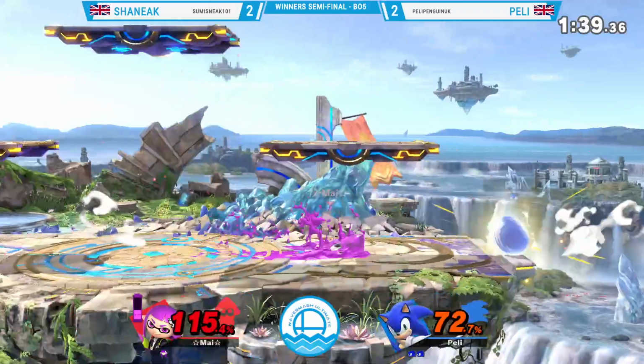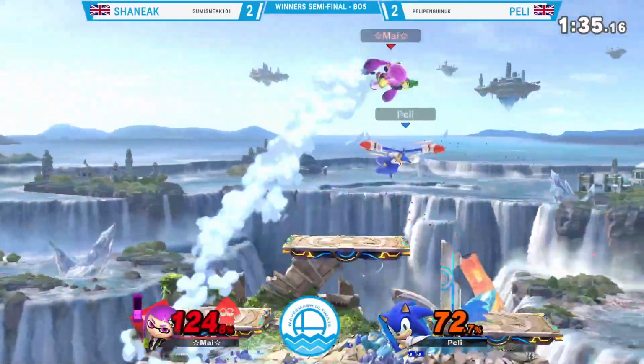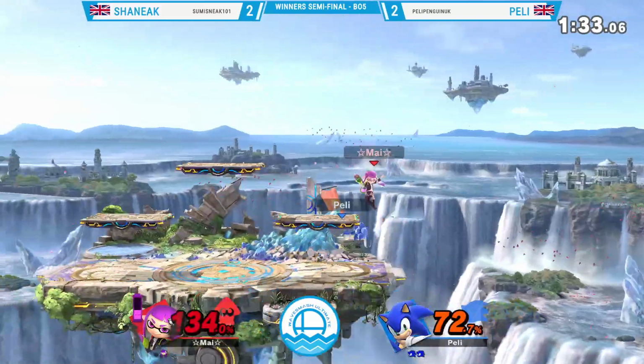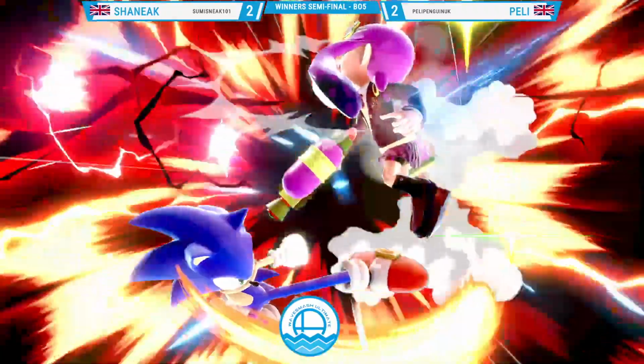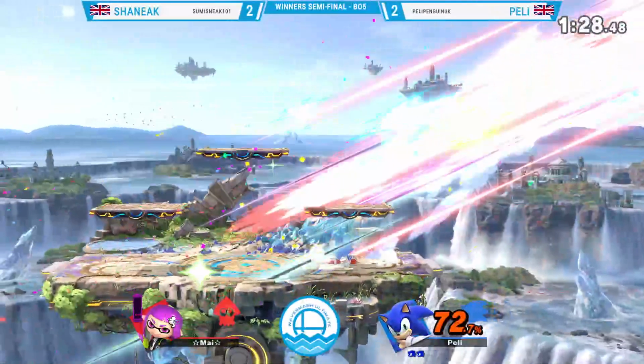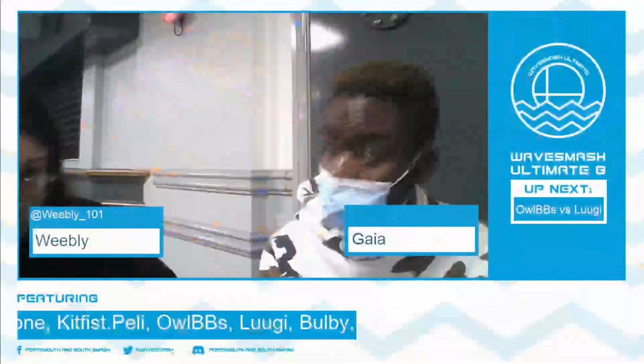Clearly we're seeing that Shaneak has been struggling to land these final kills here. It's so hard to land these hits onto Sonic, and if you keep going for them, eventually your opponent's going to not be as clean with their execution, and Peli's going to be back there and just land a back air like that every time, consistent. Again, one of Inkling's most understated weaknesses is platform camping. Again, the